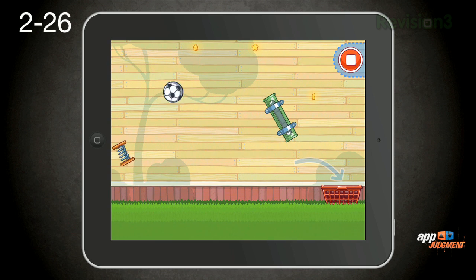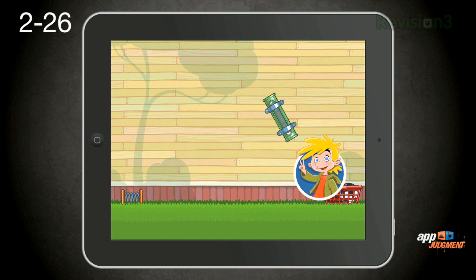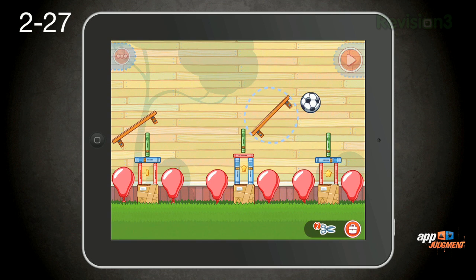2-26, some creative spring work. I had to get the spring mid-air to launch it, to collect all 3 stars, and then place that tube there to make sure the ball bounces back into the basket. That's kind of creative. Here in 2-27, you're trying to redirect all the balloons and the soccer ball to knock